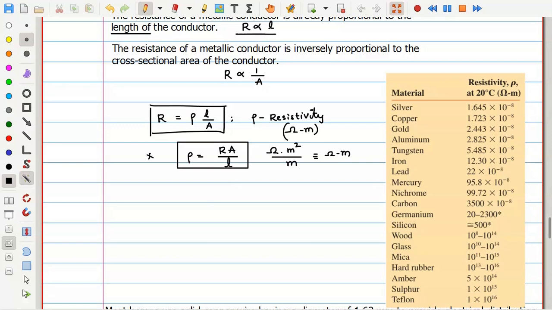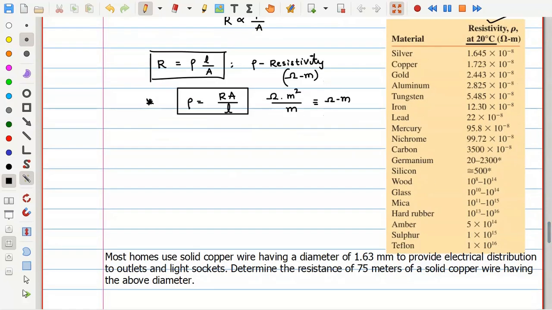This unit is important for competitive exams. In most competitive exams, the resistivity units will be asked, so take care of this value. Now, depending on the type of material, we will have different resistivity values at different temperatures. If temperature varies, the resistivity value also varies. At approximately room temperature, around 20 degrees centigrade, manufacturers come up with these values for various materials by measuring in the laboratory. Those values we may utilize to solve problems.